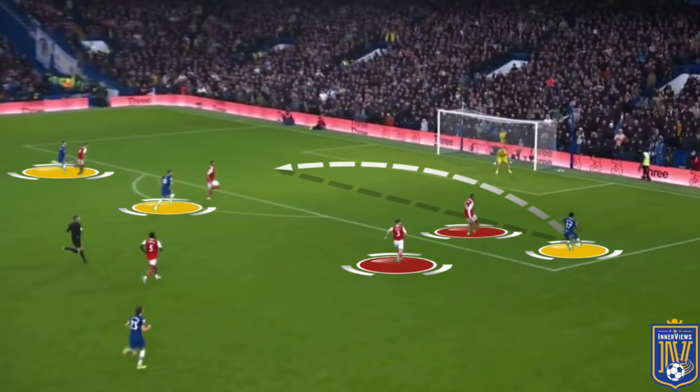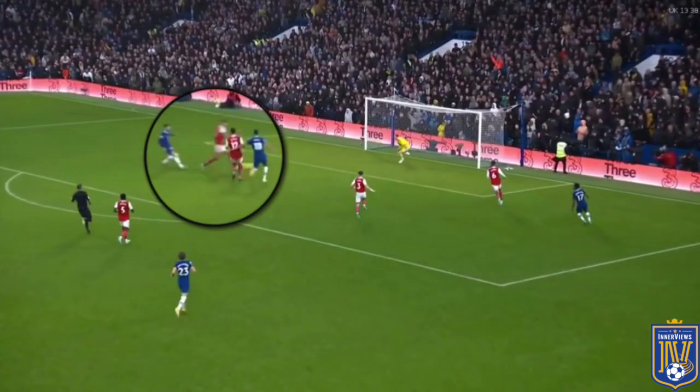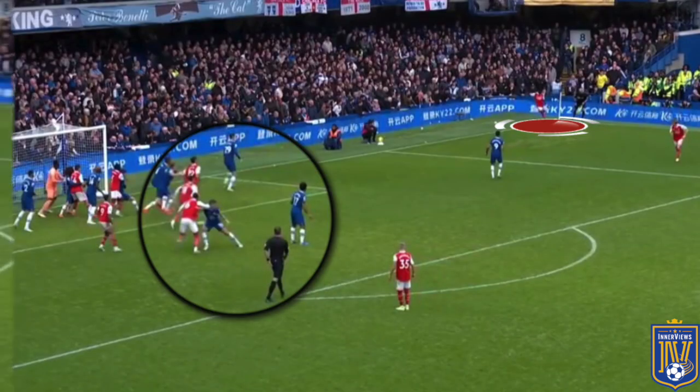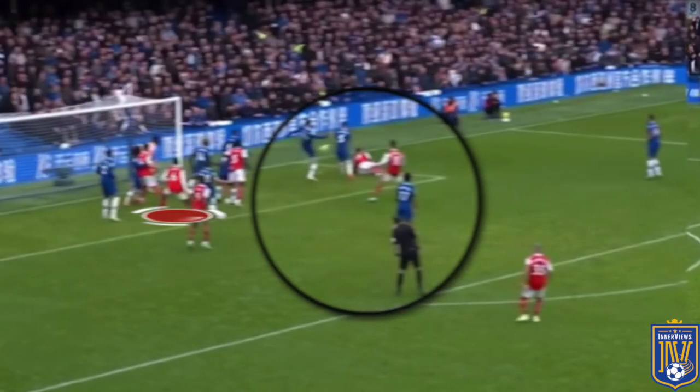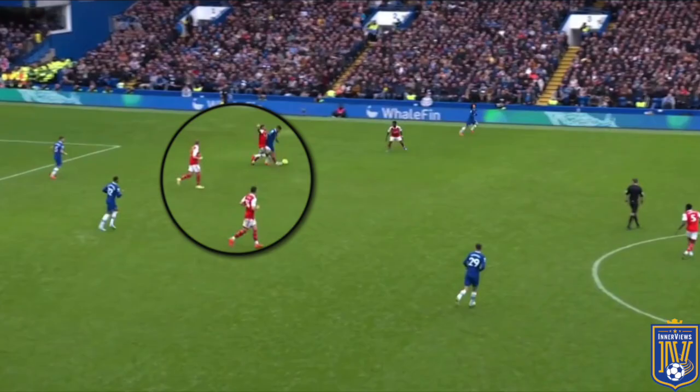But the issue that Chelsea encountered here was that when they broke into good positions in the final third, similar to Arsenal, when they broke in around the penalty area, they simply lacked the execution to punish the away side. However, where Arsenal's winner did stem from a few individual mental lapses defending a set piece, the contrast between Gabriel Jesus' lead press and Aubameyang's lead press was decisive,